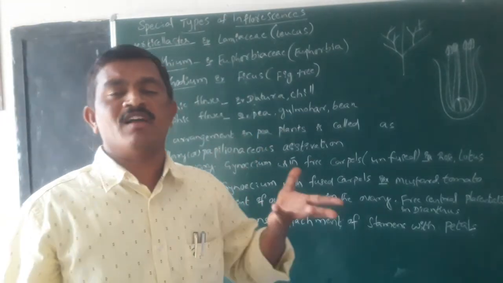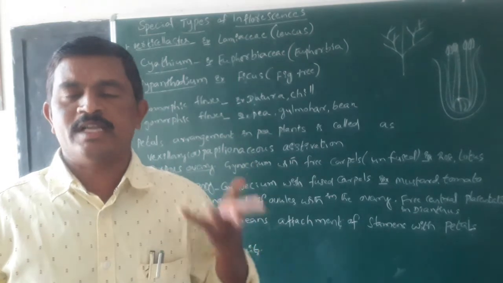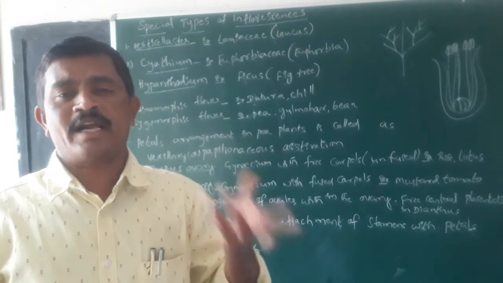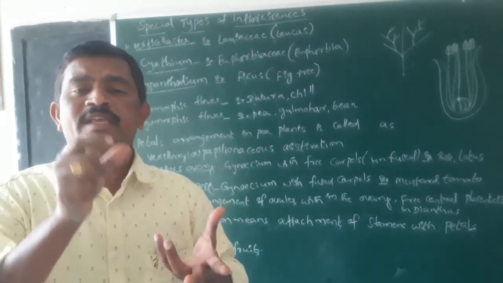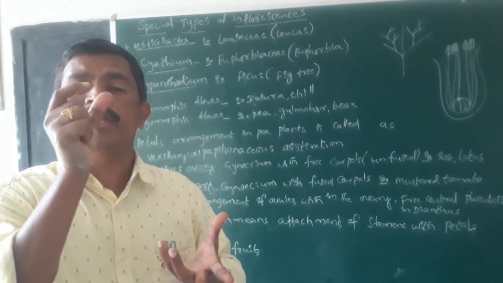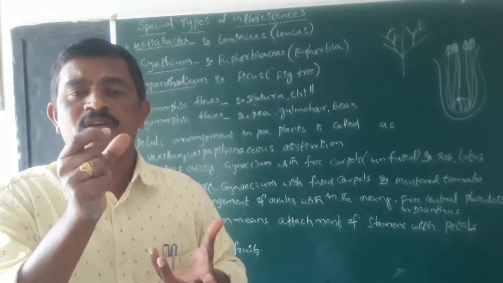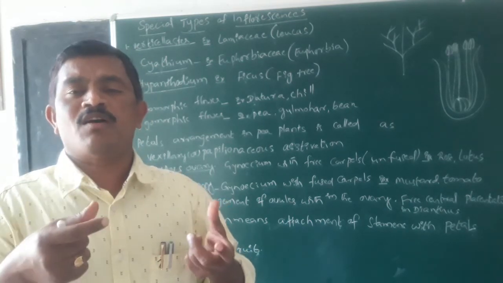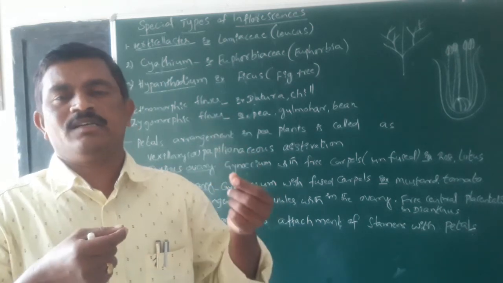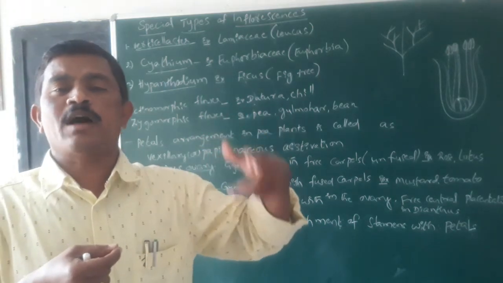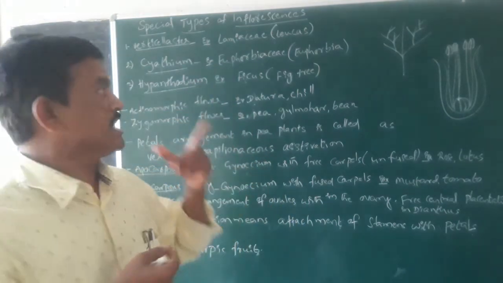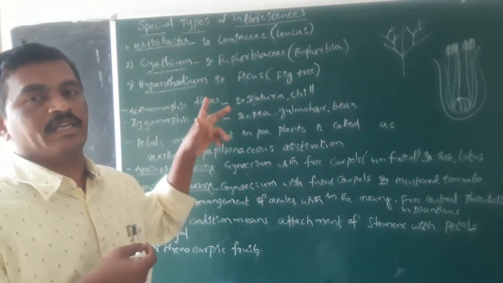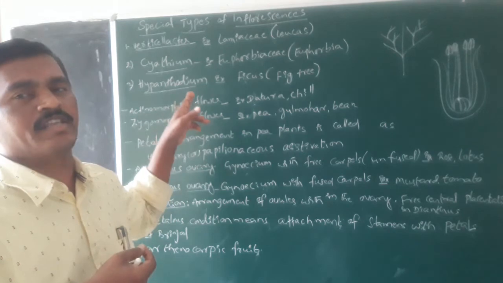So in case of the cyathium type of special inflorescence, a cup-like structure develops from the involucre of bracts. Inside that cup, a single female tricarpellary syncarpous flower is produced, and it is surrounded with male flowers which have a stamen at the end. So the entire inflorescence appears as a single flower. It is found in the members of Euphorbiaceae. So this type of special inflorescence is called cyathium.